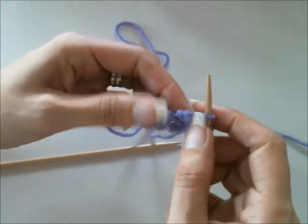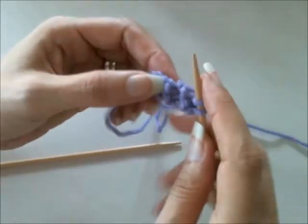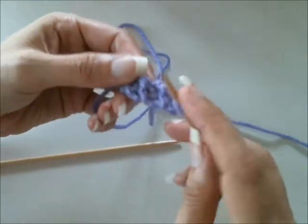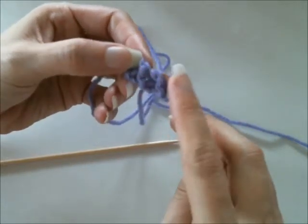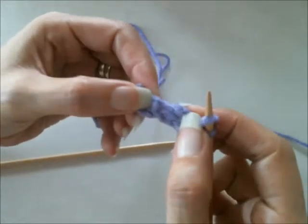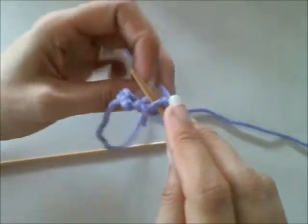I suppose you could pick up here too, but that's kind of fiddly since there's stitches already there. So I'm going to pick up here, and to do that, I'm just going to push the needle that's in my right hand, the one that has the stitches on it, between my 2 garter ridges. I'm just going to push between. Let's see if I can stretch that. There, you can see the stitch here. I'm just going to push between those 2 garter ridges,